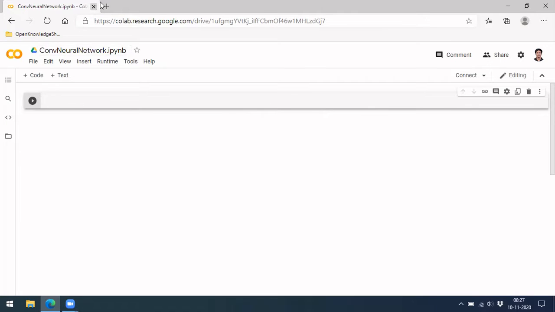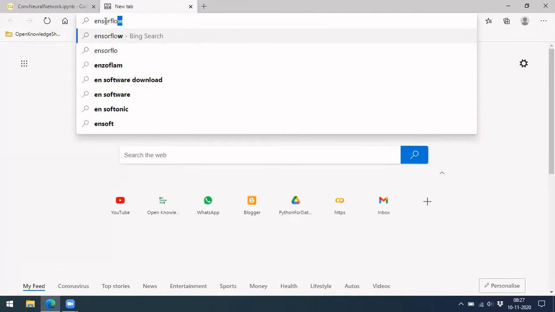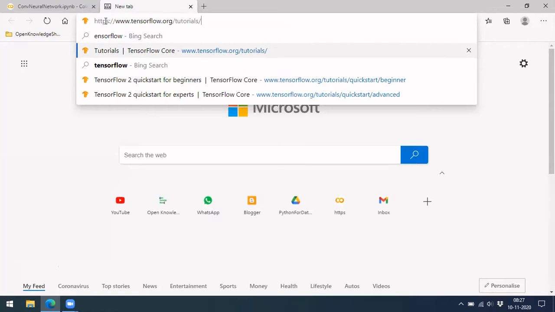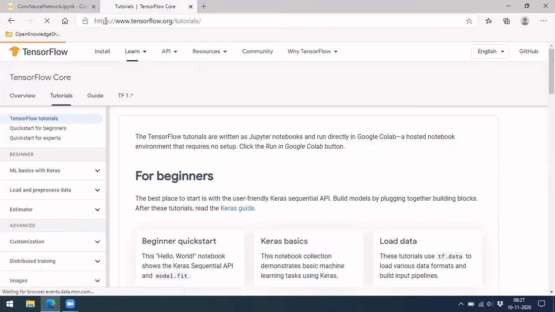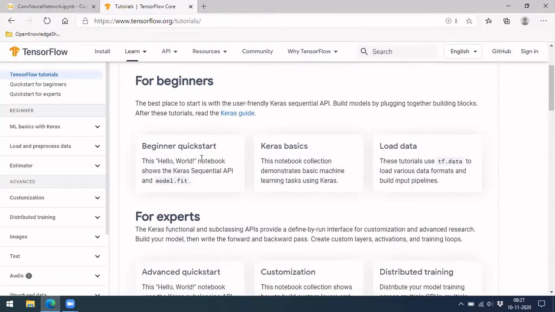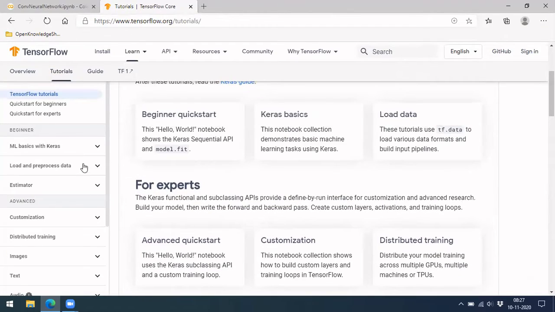So again, let's take the TensorFlow tutorial as a reference. It actually has very good tutorials for CNN as well as further advanced networks, just to get an idea of how these things work. So let's jump onto this and see how CNN actually works.